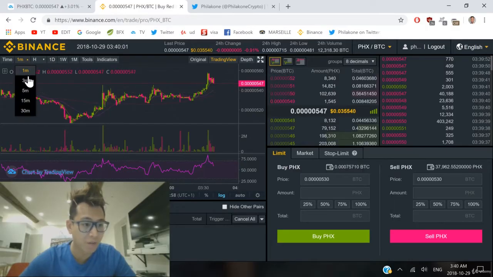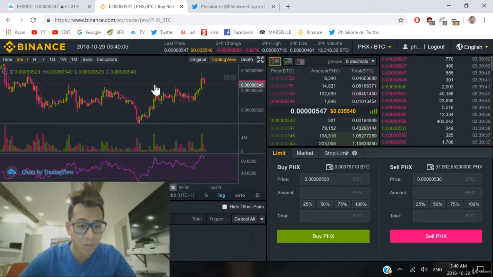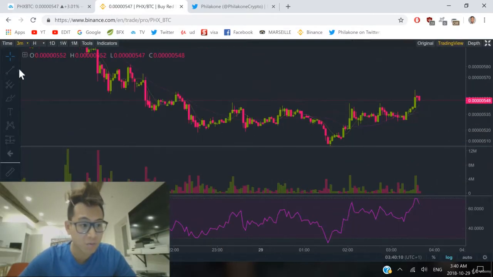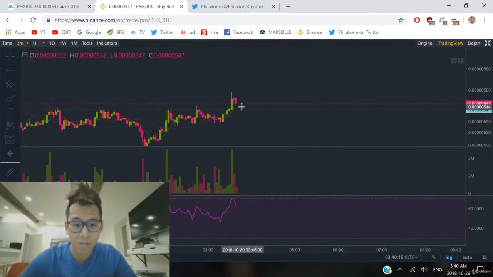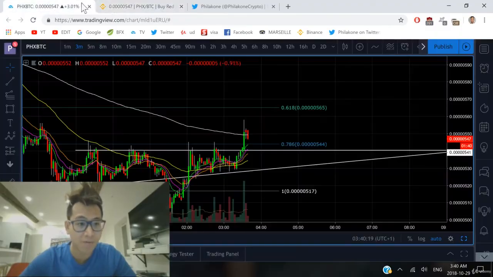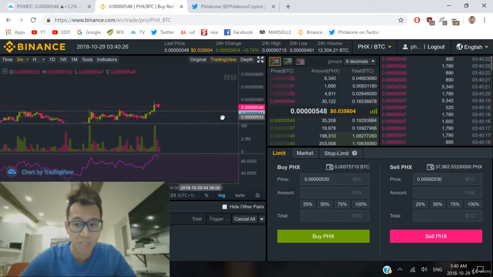Actually, let's go to the 5-minute charts, 3 minutes, a little bit easier. There we go. So this is going upwards like that, right? So we're probably going to see it trying to break out of that resistance that we saw it break out of already, okay? This resistance right over here that I'm going to annotate very quickly. Right around here. So we're most likely expecting a bounce at 541 ranges, right? So let's go back to a normal size view here